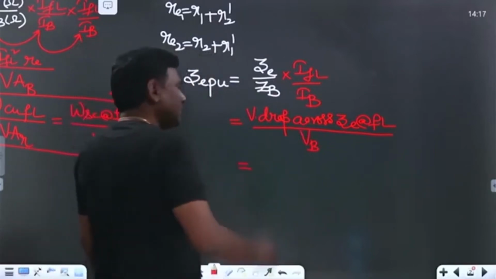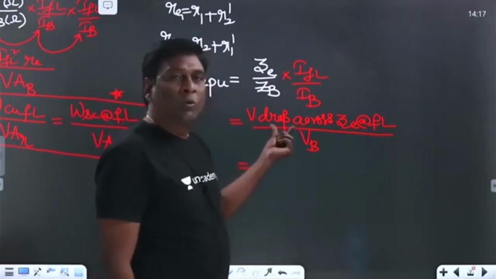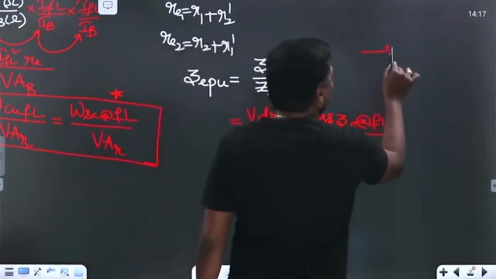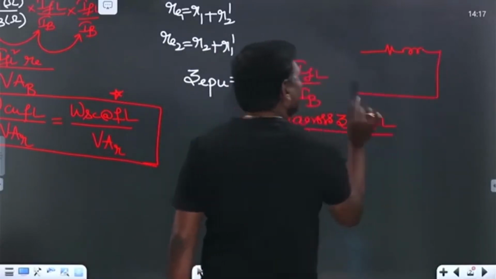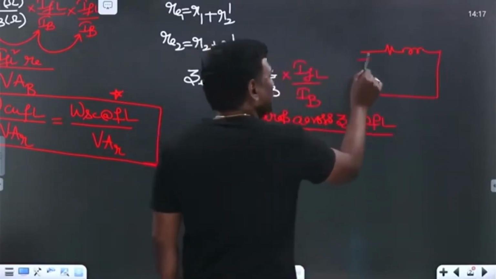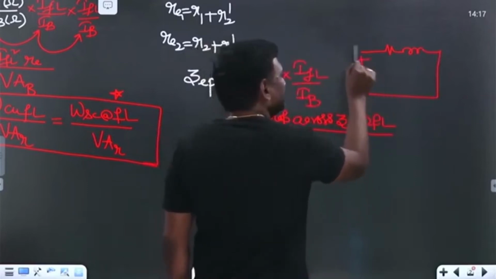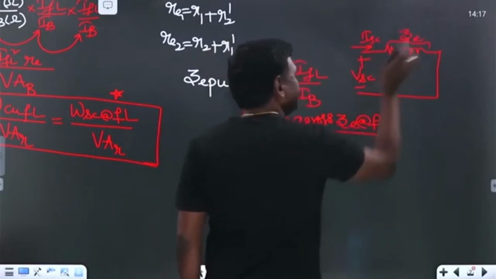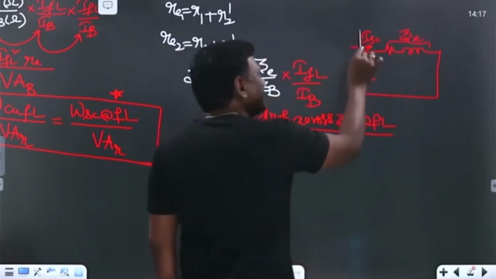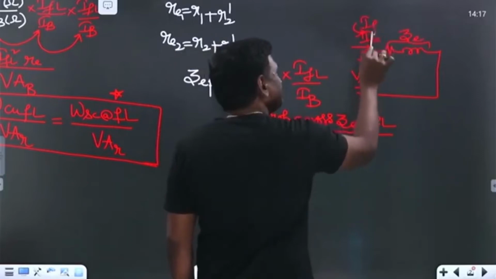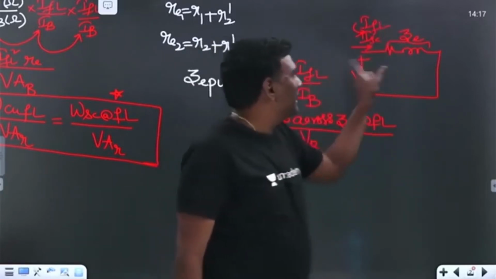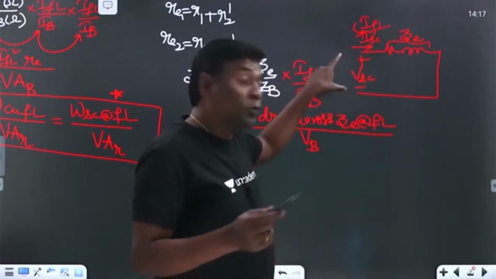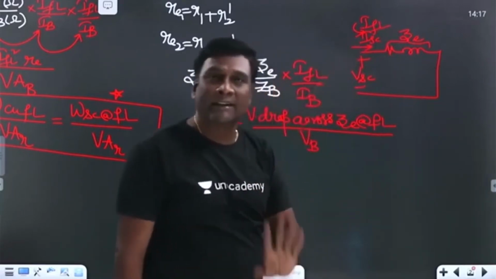Now, in which test are you going to get the voltage drop across ZE? Again, the SC test, because in the SC test the equivalent is going to be resistance and reactance. This is going to be VSC, this is going to be ISC, so this entire thing is going to be ZE. Now, if ISC is IFL, then IFL into ZE is nothing but the voltage to be supplied to circulate rated current under SC test conditions.